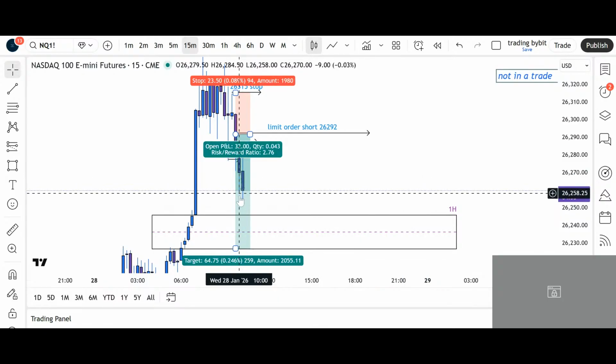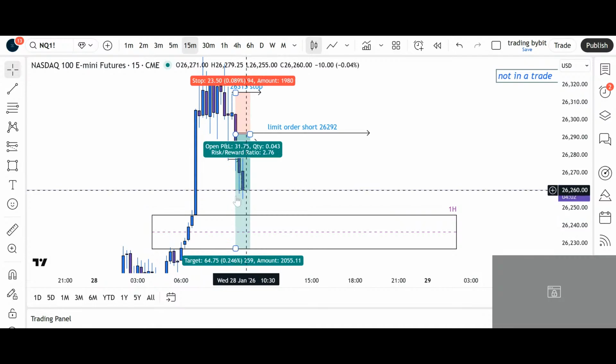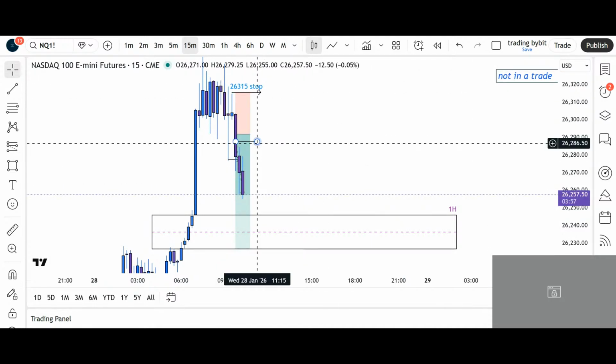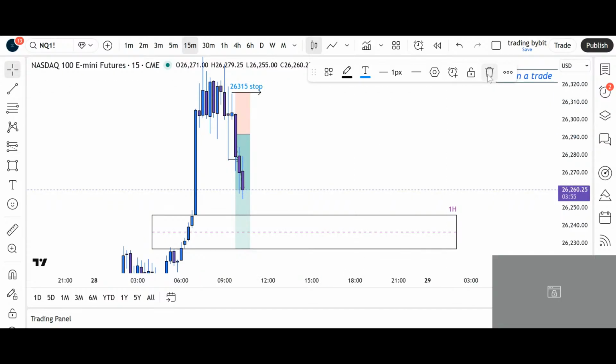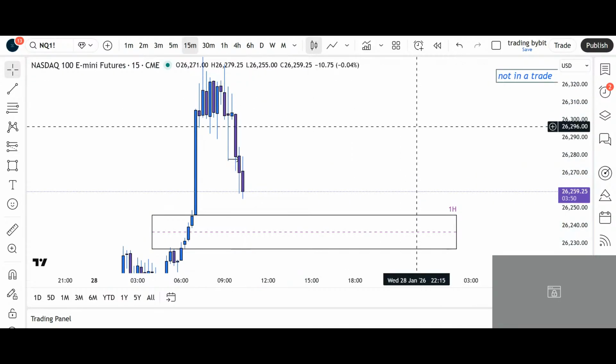And now, once we swept this low, I said I wanted to see it hit this first 15 minutes. So we swept the low. I'm going to take a limit order off right now, because if we now move back up, we're actually going for all-time high. So I'm not going to try trading this anymore. So trade is going off.